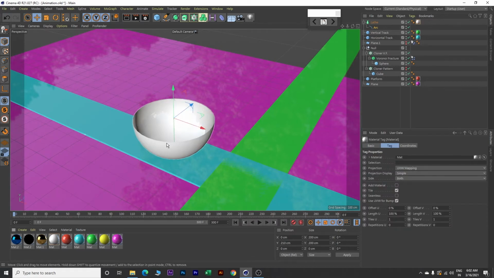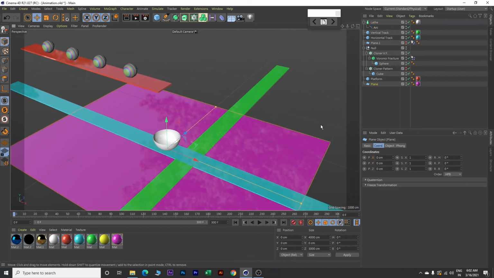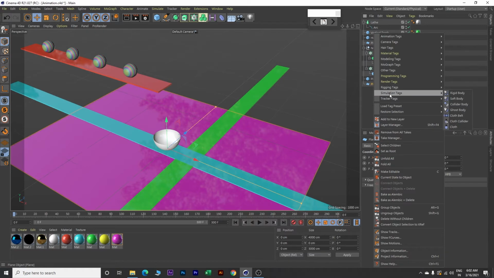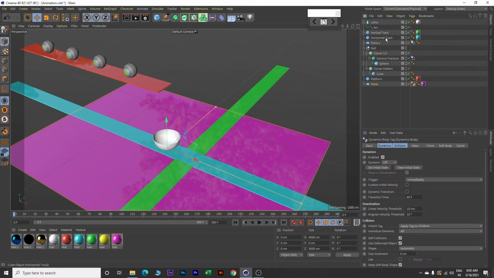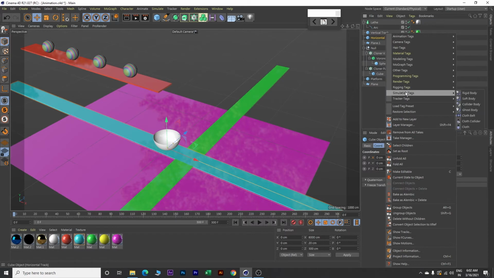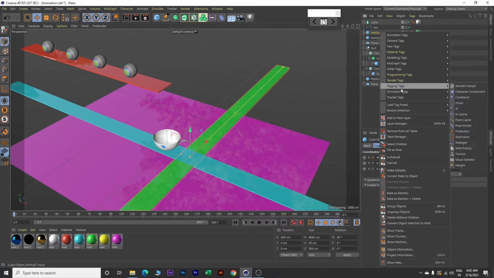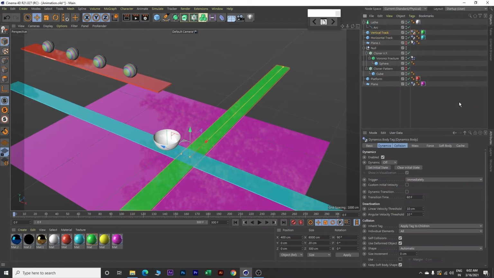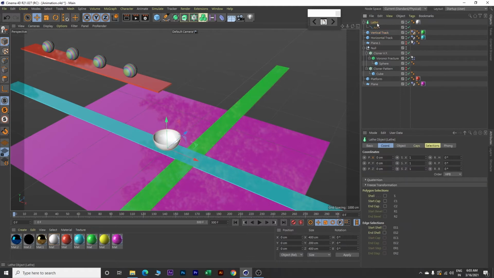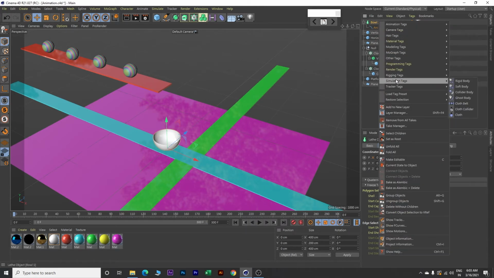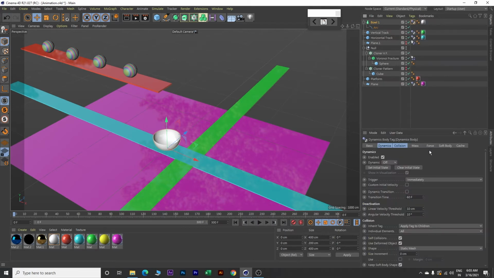Next we will create some of the dynamics. So click on this plane, right click here, go to simulation tag and make it a collider body. Now click on this horizontal track, right click, simulation tag and make it a collider body. Click on this vertical track, simulation tags and make it a collider body. Next go over here and change this lathe to bowl 1. Click on this bowl, right click, simulation tag and make it a collider body. And go over here on this shape option and change this static mesh to moving mesh.